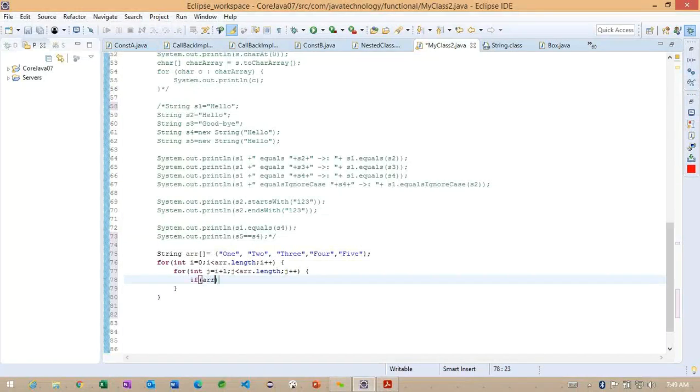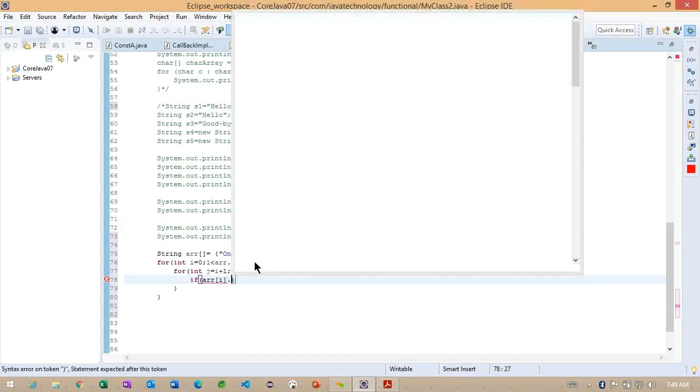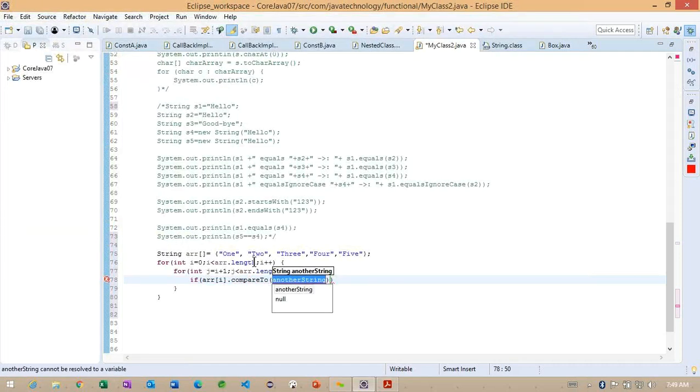And internally, what I'm doing here, arr i dot compareTo, and the same arr reference I'm going to use with j. If you observe, this compareTo method is going to return an integer value. Which type of integer value is going to be returned? If I specify greater than 0, we are going to get positive values.